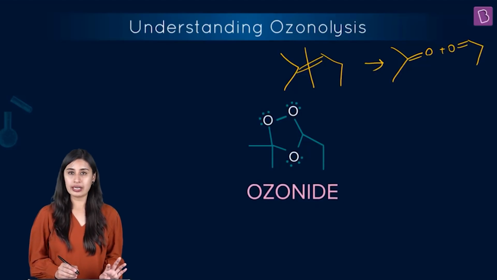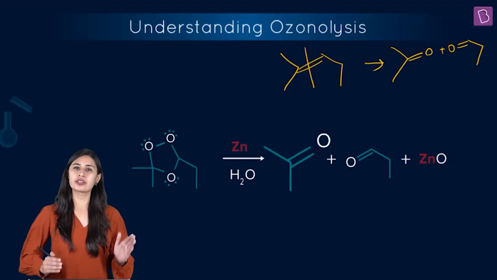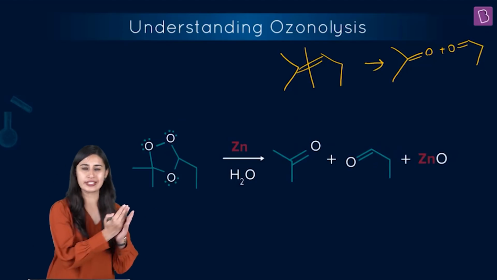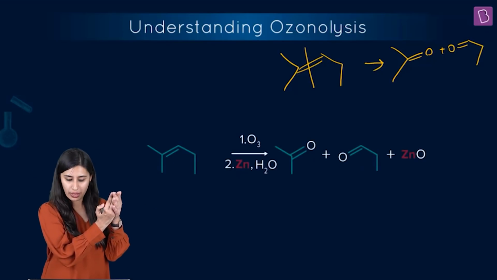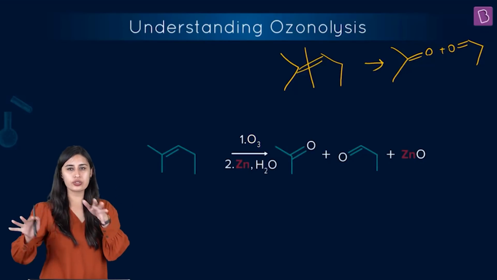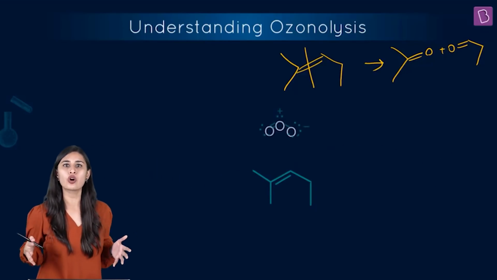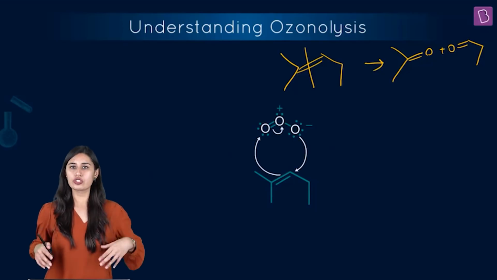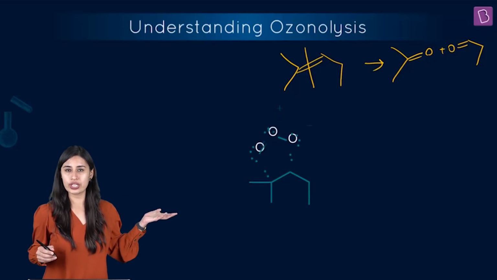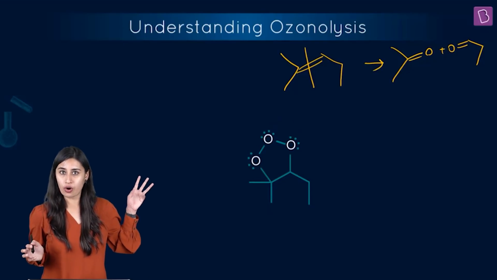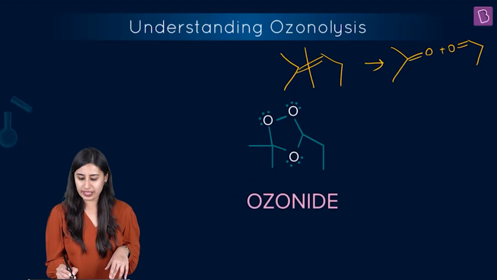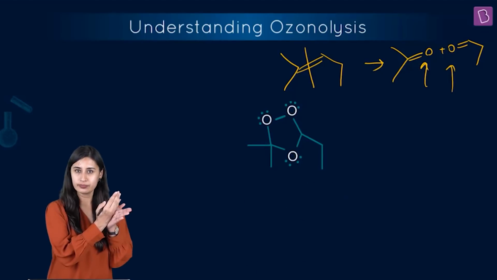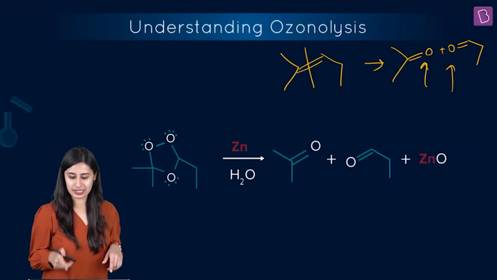So now let's do one thing. For all the options, let's do this kind of an ozonolysis. We are going to cleave. What is going to happen is, you can see one of the oxygens is going with the zinc and we are getting zinc oxide. The 2 oxygens of the ozone O3 molecule. So 3 oxygens are there, 1 is going with zinc, 2 of the oxygens you are attaching like this across the double bond, just like this.